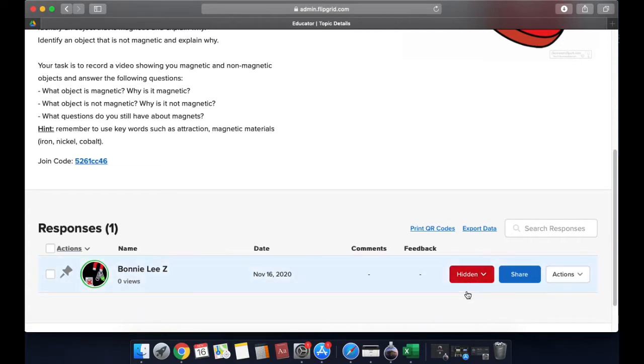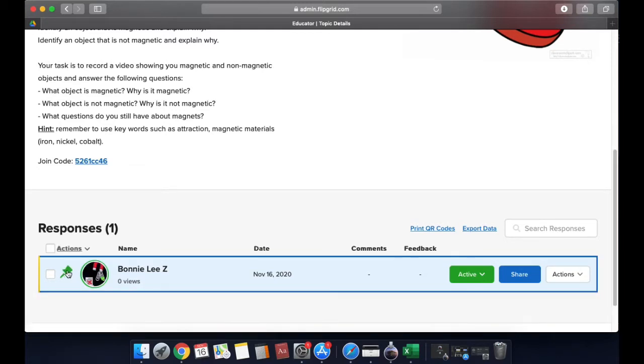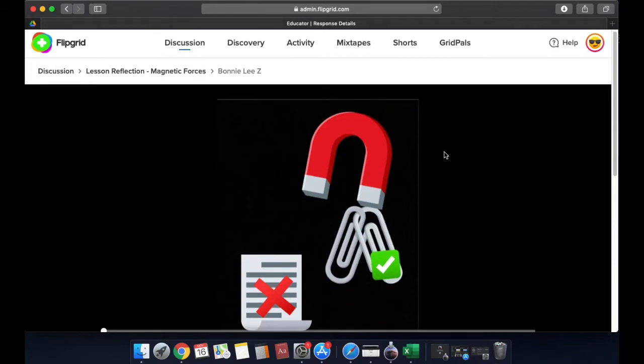I'm going to change this to active, which means it can now be viewed by others. And I'm also going to pin the response to the topic, which means anyone accessing the magnetic forces topic will be able to see the responses. We can see that there are no feedback and no comments, so now I'm going to show you how to